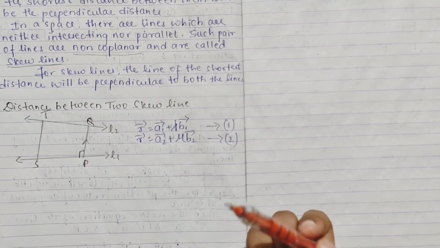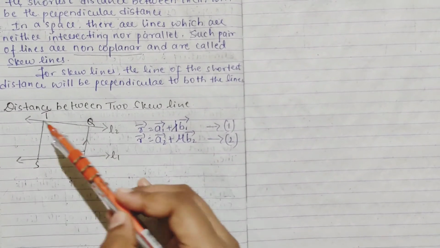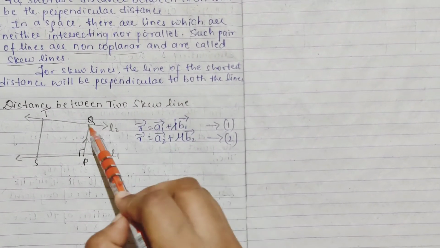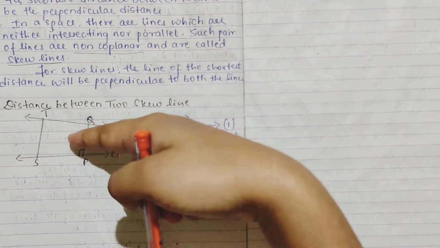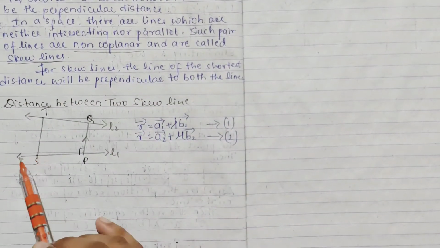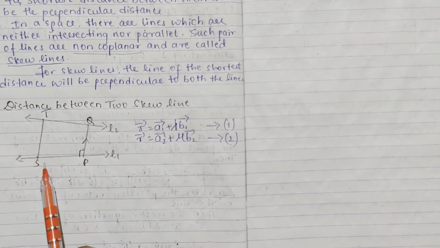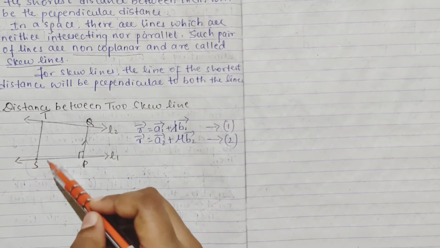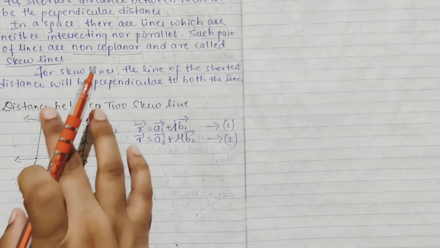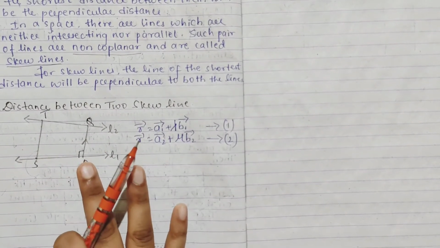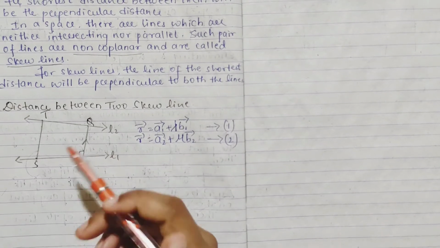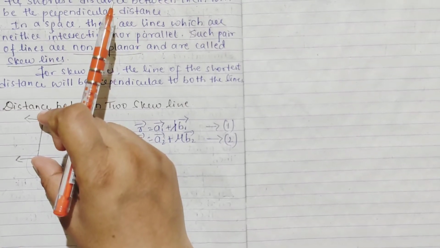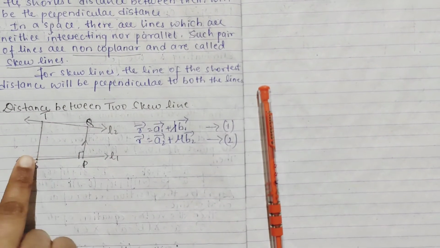So as you can see here, we are taking position vector from your S, it will be A1, from your T it will be A2, for P we have taken B1 and Q as B2, position vectors for each line, right? And S is a point on line 1, and T is on your line 2. So position vector for S, considering your origin, A1 we have taken, A2, and this is B1, B2. So you can see the shortest distance between these lines. Here if you draw, you see this is long, means this width is too much, and here you can see this is short.